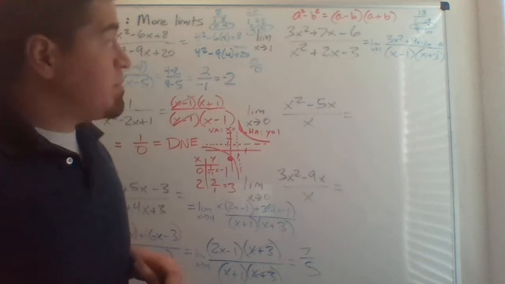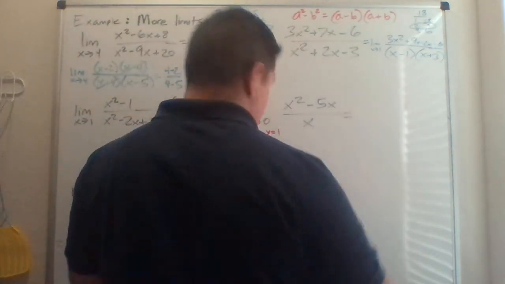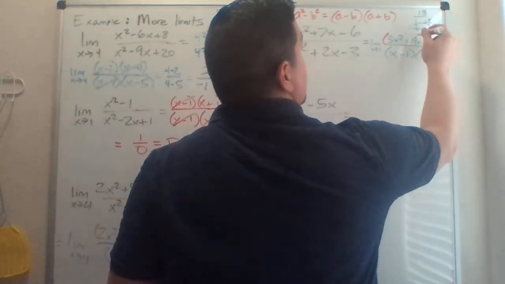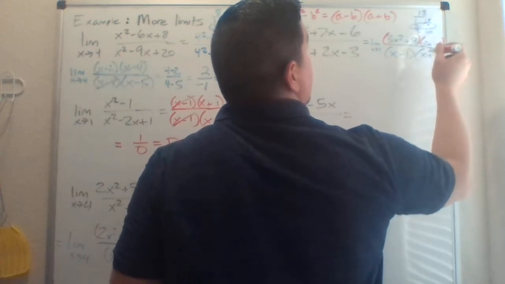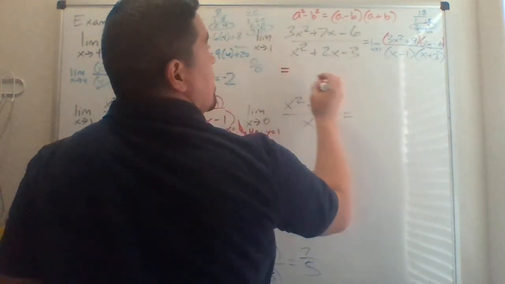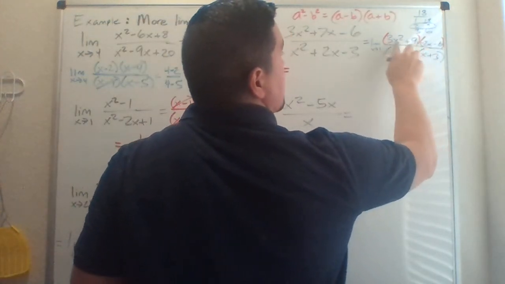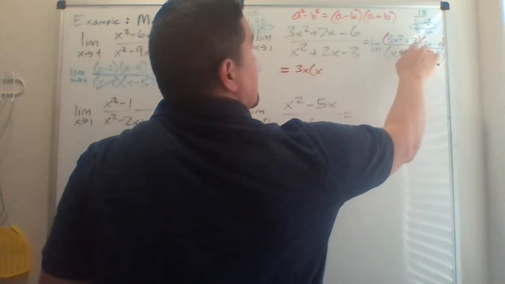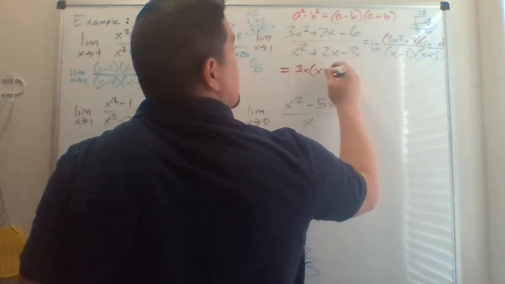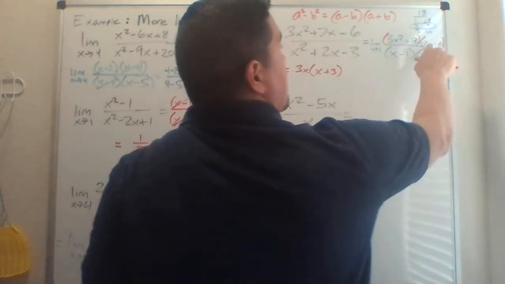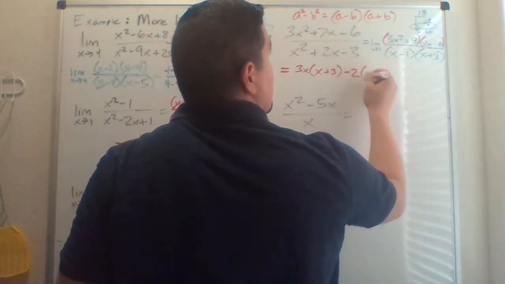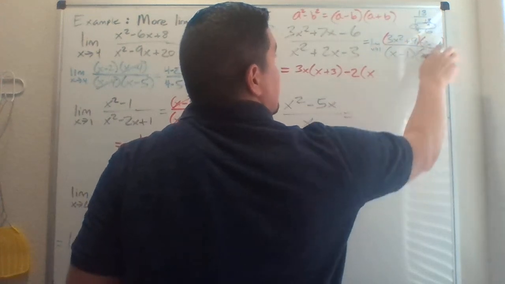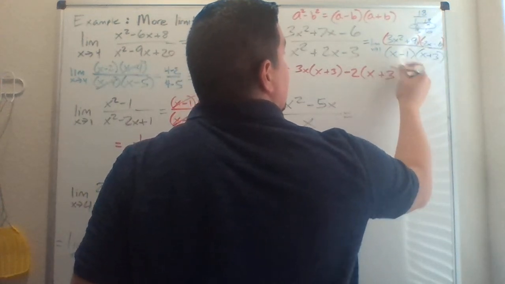And now we're going to work on factoring the top. So again, we're going to factor by grouping. So we're going to group this piece and this piece. Common factor of the first group would be 3x. I'm going to put the 3x on the outside, divide that by 3x, you get x. Divide the second by 3x, so 9x divided by 3x is 3. Common factor of the second group would be negative 2, because I see a negative 2 in here, negative 2 in here. Divide negative 2x by negative 2, you get x. Divide negative 6 by negative 2, you get 3. Okay,